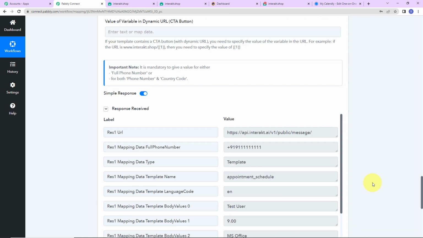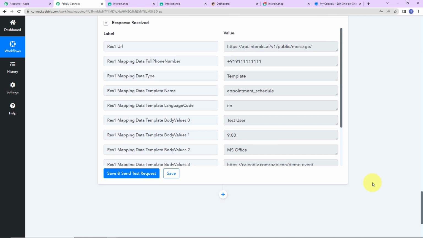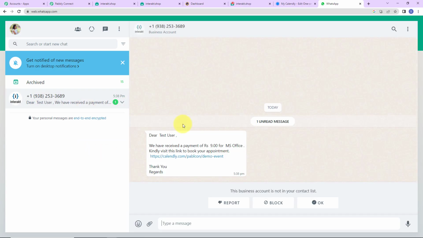As we do that, here we can see that we have received the API response, according to which a WhatsApp message must be shared with the user. Now let me show you the same. And here we can see that we have received a message: dear test user, we have received a payment of ₹9 for MS Office. Kindly visit this link to book your appointment. So this basically means that our integration process is a complete success,